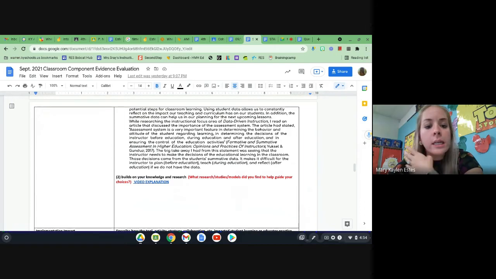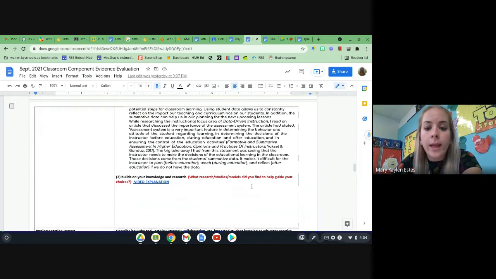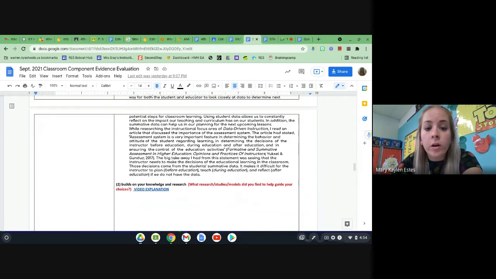And those decisions on how I run the educational learning in my classroom come from the summative data of what the students are doing. It makes it harder for me to plan what I'm doing if I don't have the data. So I'm seeing from that article, yeah, assessments are an important feature in determining the behavior and attitude of the students' learning.